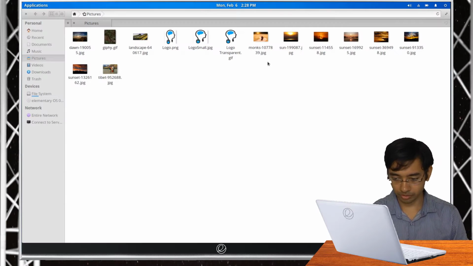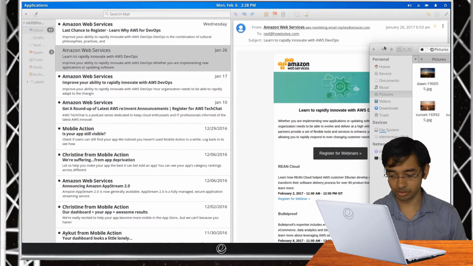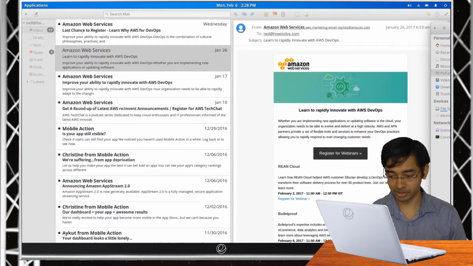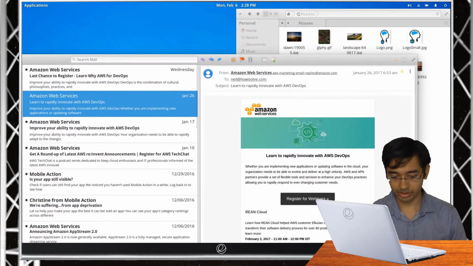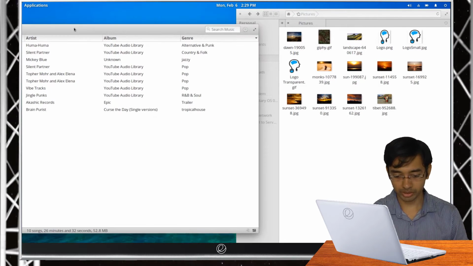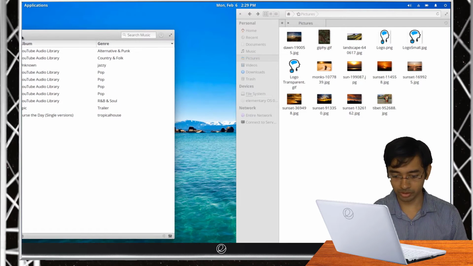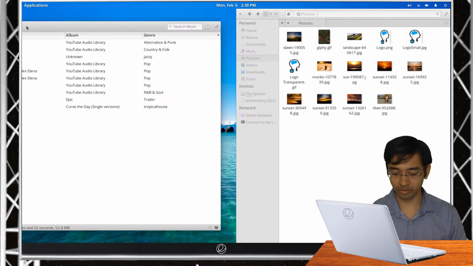Also similar to Mac and Windows, Elementary OS supports side-by-side viewing of applications. So if you want to view two windows simultaneously, you can drag it to one side and it will automatically resize it. The window snapping feature could have been much better if it provided some feedback to the user that window snapping is enabled. Also, one more limitation is that currently it only supports two windows at a time, unlike Windows, which allows you to snap 4 windows at a time.